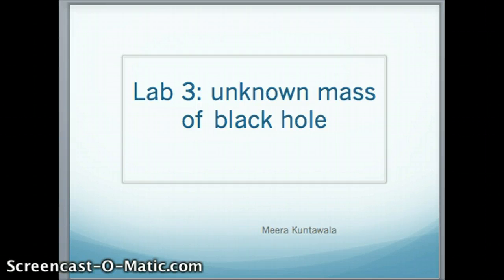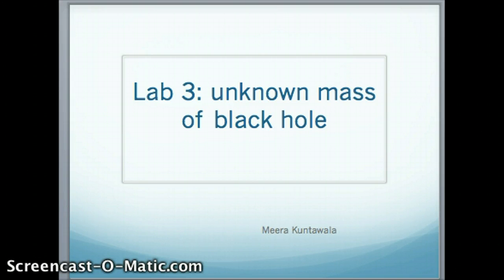The objective of this lab is to find the mass of a black hole in a universe where a star orbits a black hole. What makes this lab unique from the labs that we've done in the past is that we're using the motion points that we have to help us find a value that we're missing. Whereas in the past, we've used all the values that we've known to help us predict the motion of an